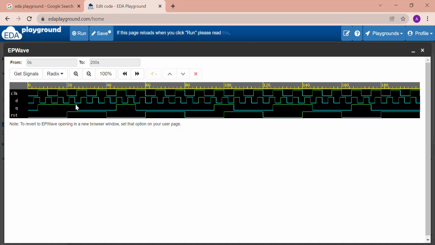Whatever the data will be stored or follows, it will be 0. And the rest of the time, see, in this edge, data will be 1, so our output will be 1, and it follows until the next clock edge. When it arrives, our data will be 1, so it follows again until the next clock edge. Here it is reset, so it will be 0 up to this much of mark. When the next clock edge arrives again, it follows D and it goes